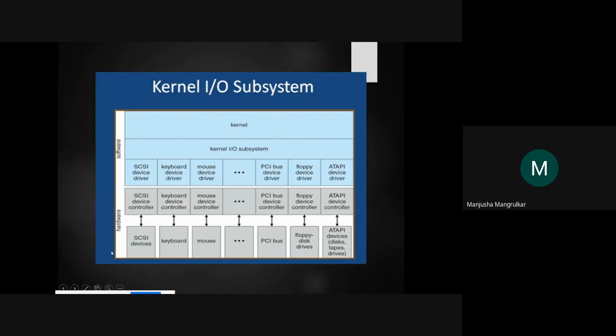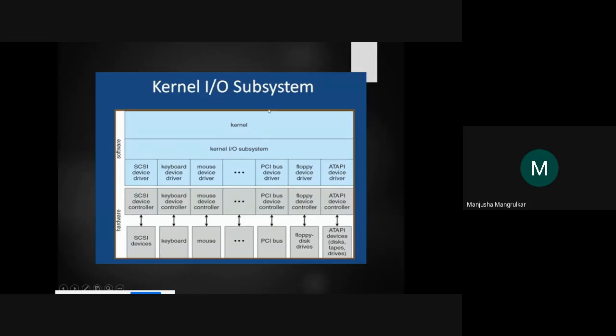So this part is hardware and this part is software. The control unit is there, the mechanism of the keyboard, the mechanism of the mouse, the mechanism of the floppy controller. Each and every device has a controller, and that controller interfaces with the driver. So this is the hardware part and this is the software part.